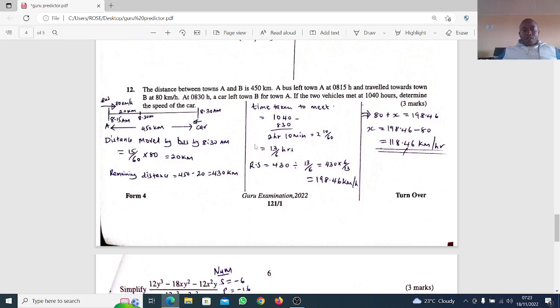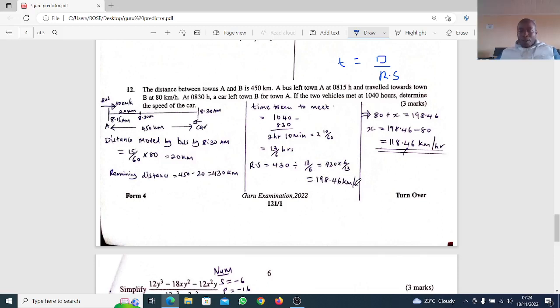Now, to find the relative speed, if they are moving in opposite directions, we usually add. And to find the time taken to meet, we say that the time taken to meet equals the distance they are competing over the relative speed. This tells you that the relative speed is the distance they are competing, in this case 430, divided by the time taken to meet, which is 13/6. When you multiply, it will be 430 times 6/13, and that gives you a relative speed of